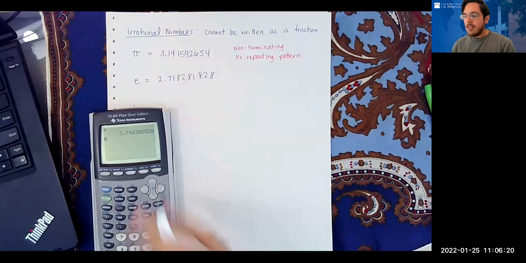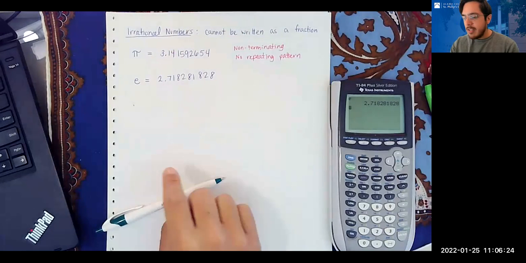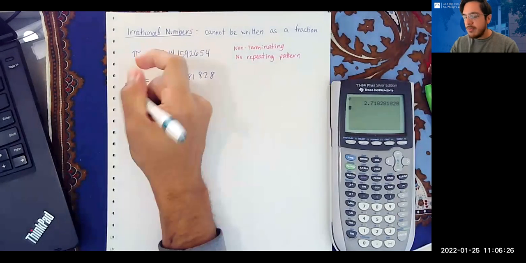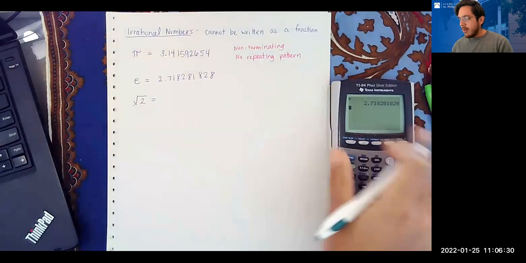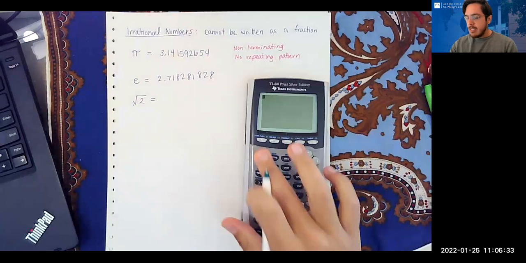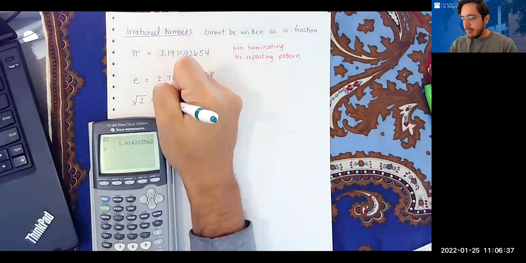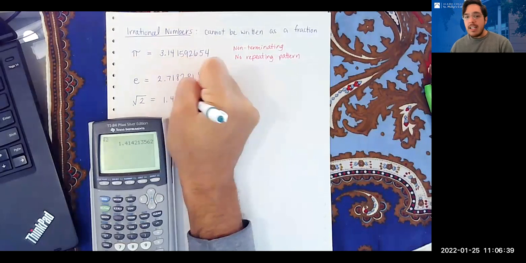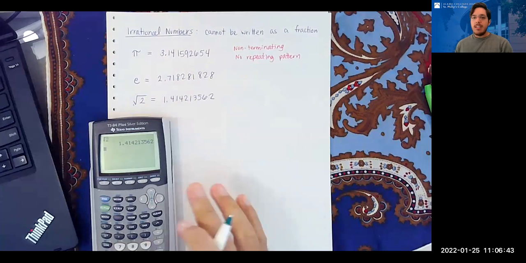But this is another example of an irrational number. Another one might be the square root of 2, which I think we talked about last time. The square root of 2 is about 1.414213562. Not super important that you write these decimal expressions down, but what it is important to get down is